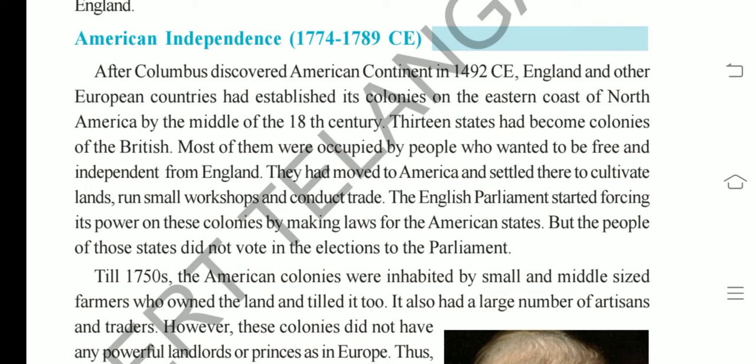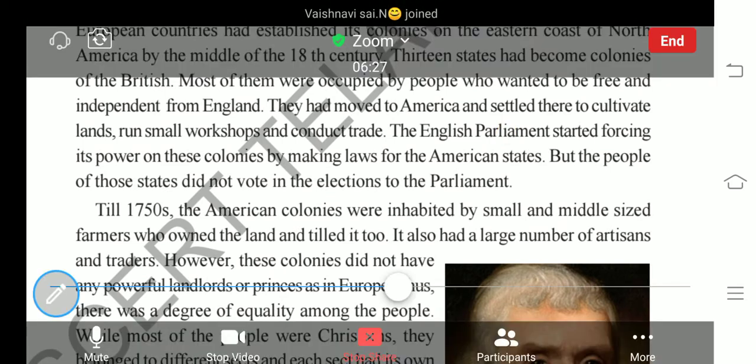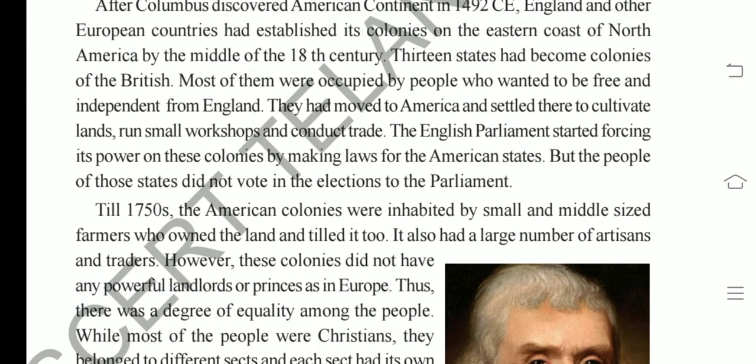That means the half of the 18th century. And then in the second part of the 18th century, 13 states of America, especially in North America, were colonized by the